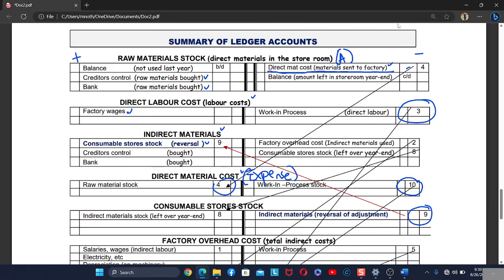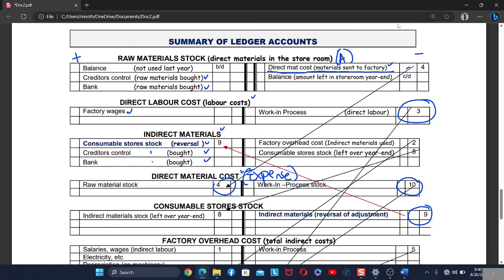In the last year, this indirect material was unused, so therefore it was transferred to the consumable stores. So now we are reversing it back. Okay, and then we have the indirect material bought. You can buy it on credit or for cash. So this is why it is written creditors control and bank. And then